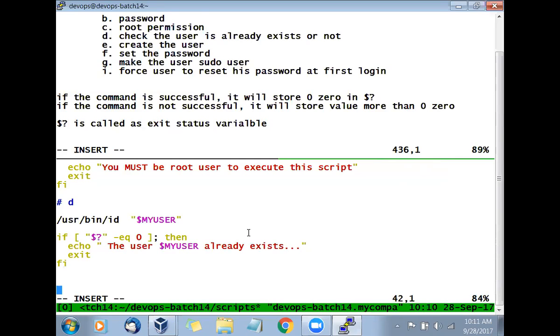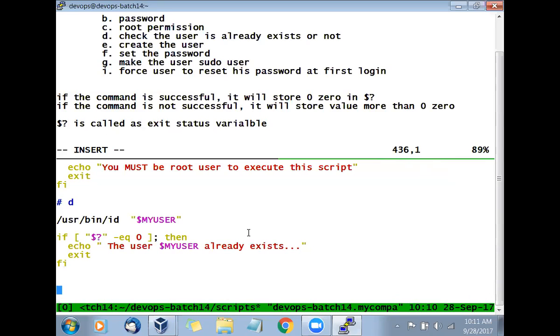So we are checking and we are doing it with section D. Right? So any question, any doubt at this moment? See, we have to go block by block, line by line, step by step. Then only will we understand shell scripting. So this is clear? Good.